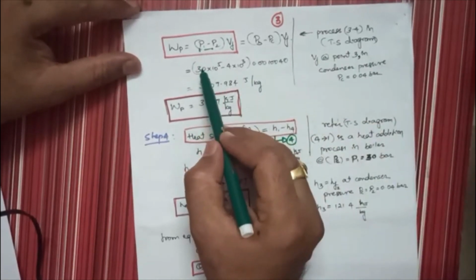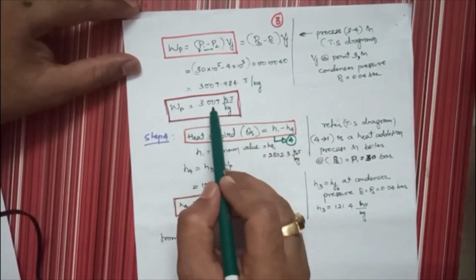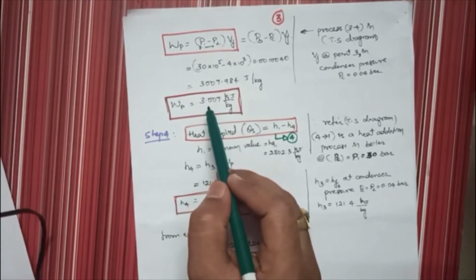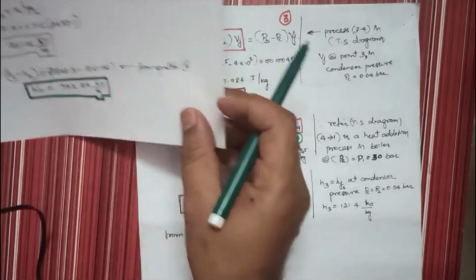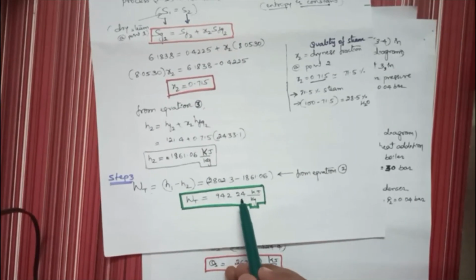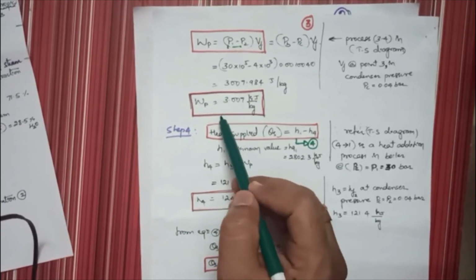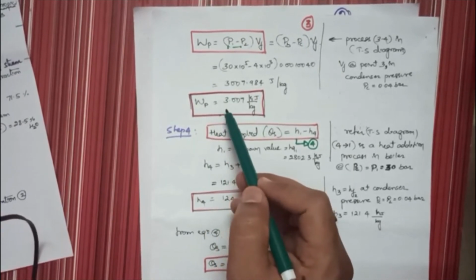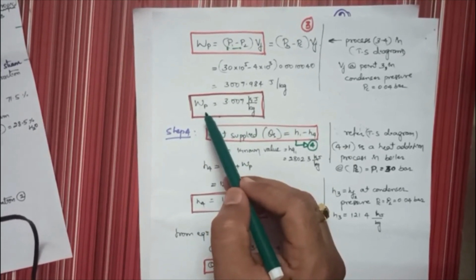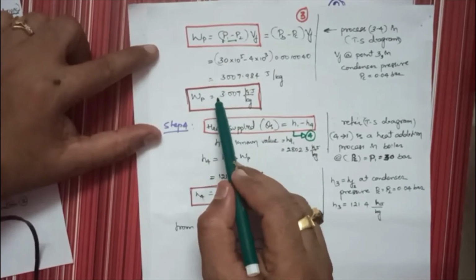So 3 to 4 in the TS diagram, VF is at point 3 in condenser pressure PC 0.04 bar. So substitute the value of P1, substitute the value of P2, substitute the value of VF, multiply all three, simplify the equation, you will get this value. This is work done by the pump. And dear student, just observe work done by the turbine is 942.24, but work done on the pump is only 3. So in some numericals he may ask you to neglect the work done on the pump. Okay, so here he has not said specifically to neglect the pump work, so I will consider WP.